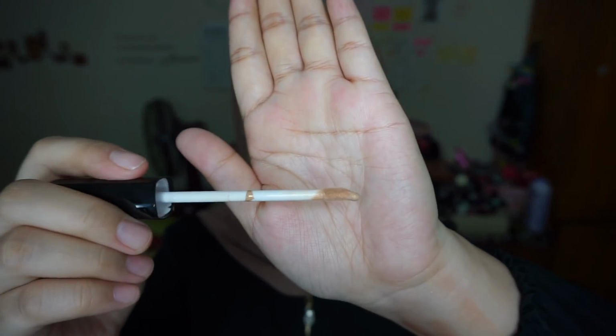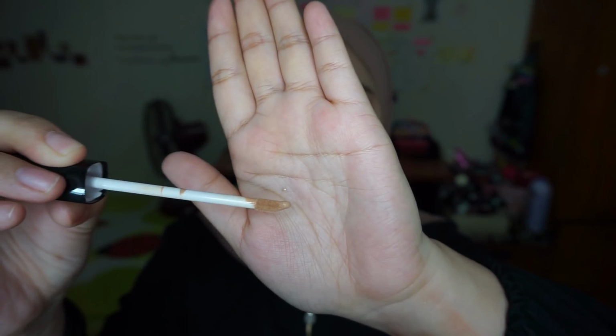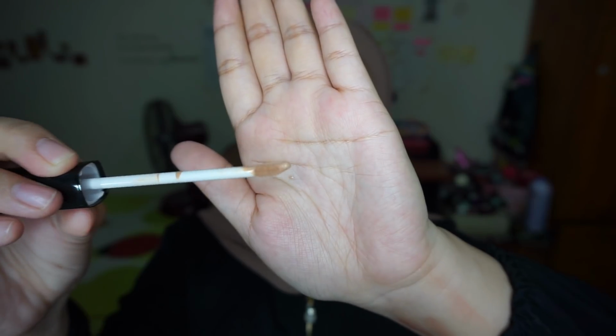Most of the items that I chose for this video are dupes for higher end brands, and I don't really own all of the high-end brands, so I cannot really compare, but they do have similar packaging, similar vibe, and also similar concept, so that's why I decided to try this. This is how the applicator looks. It has a doe foot shape, and it picks up more product at the tip, as you guys can see. So let's try to...